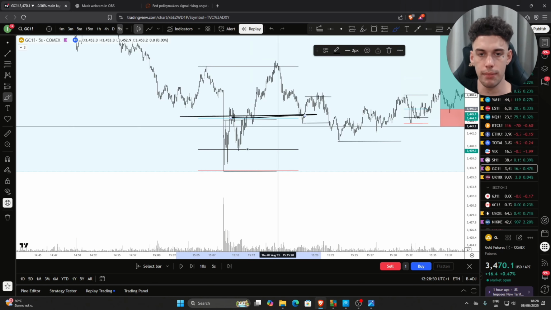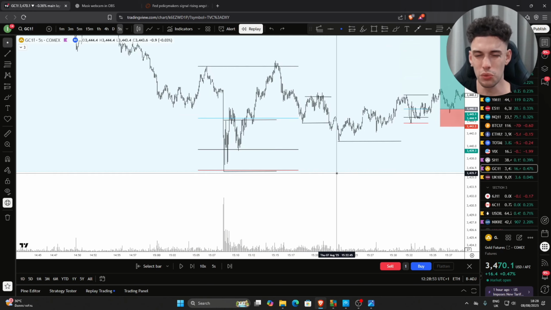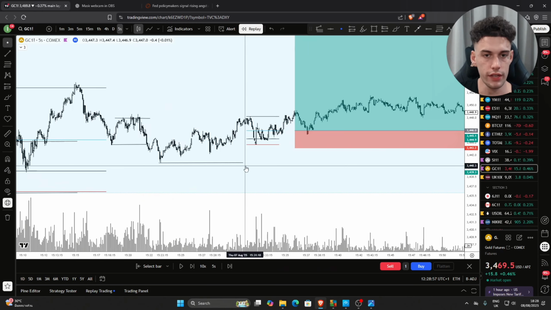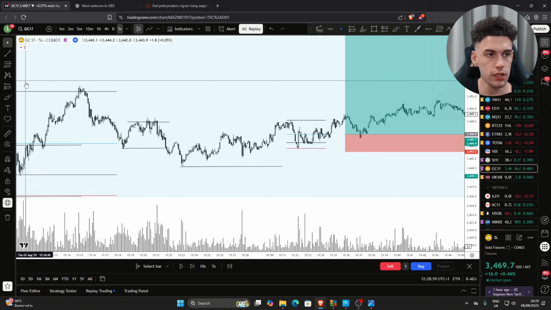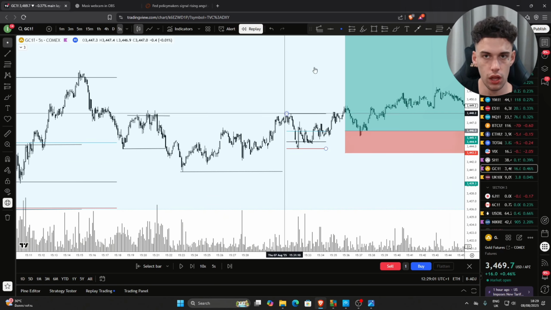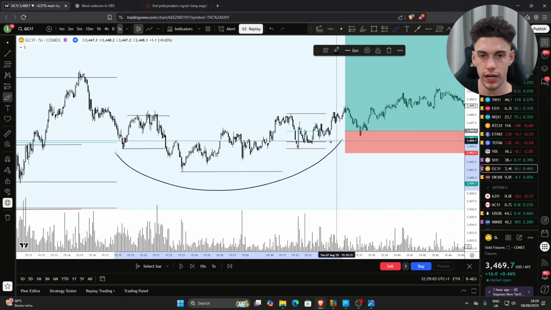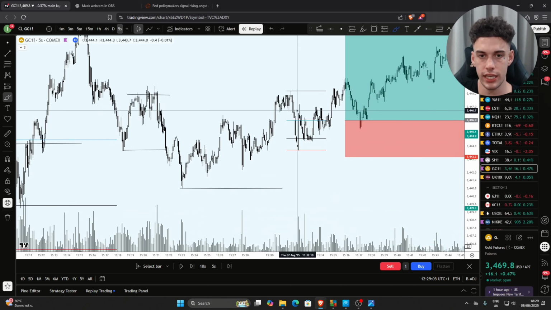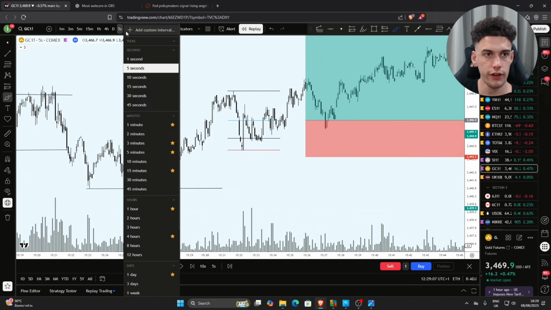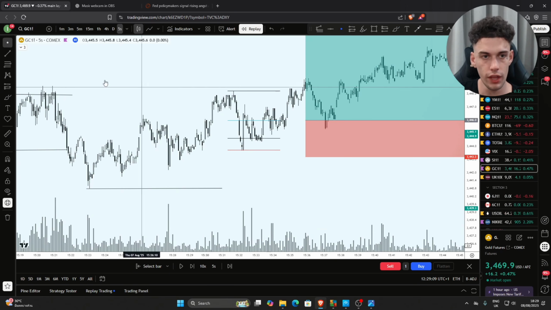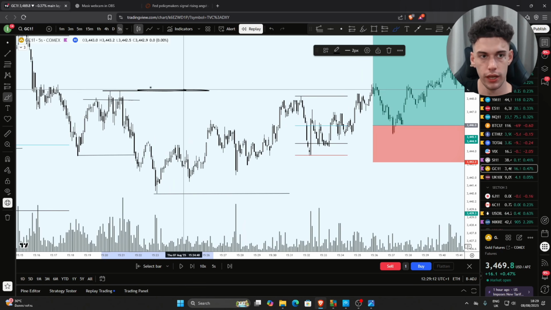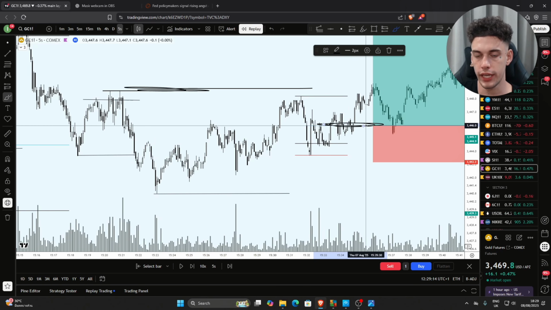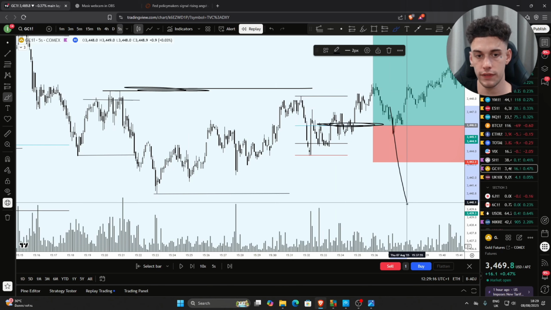Now, I wasn't looking to set up a limit off these areas because the risk to reward wasn't that good. So what I did is I waited for another lower time frame accumulation, but I just couldn't validate this larger one over here, right? I didn't meet my criteria, but what I did see was this little lower time frame reaccumulation that had cause and effect and invalidated this supply over here. So I decided to take a limit on here,